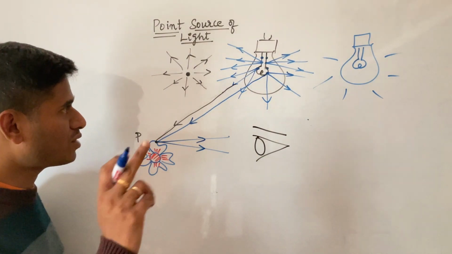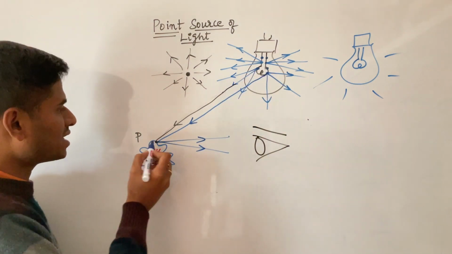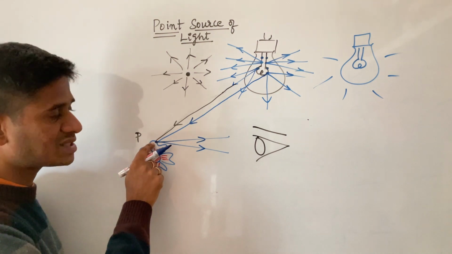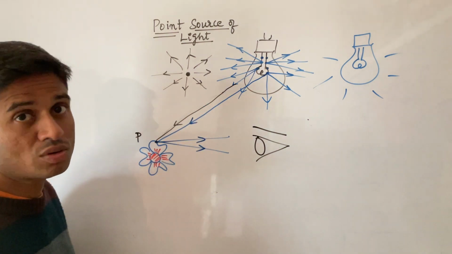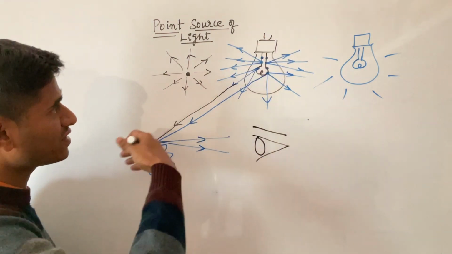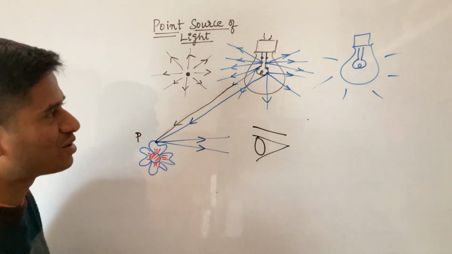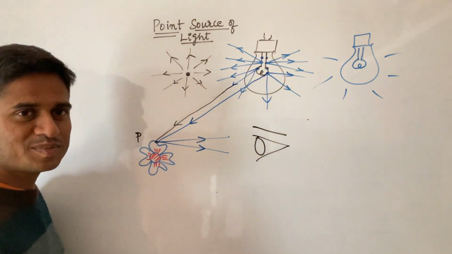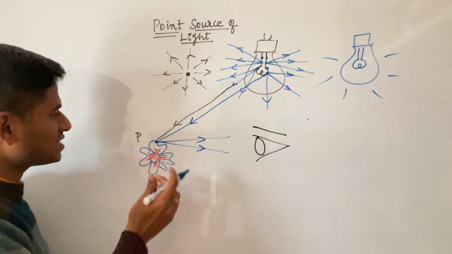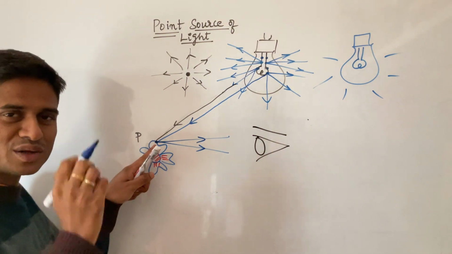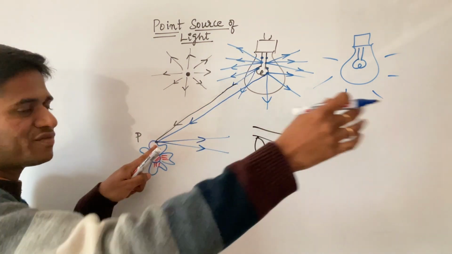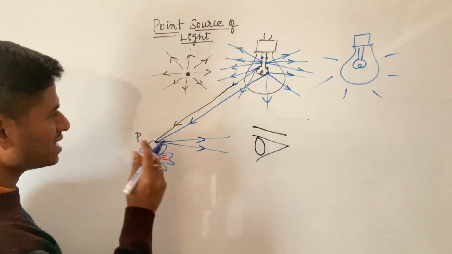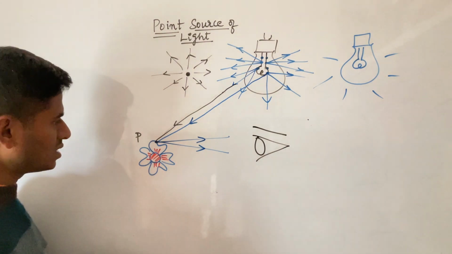Now I want to tell you how many rays are incident on this single point. Is it just two? No. There are actually infinite rays. I can keep drawing, if I'm good at drawing, from every point on the filament to this particular point. So there are infinite rays which are received by one single point on the object, and all those rays do reflect.